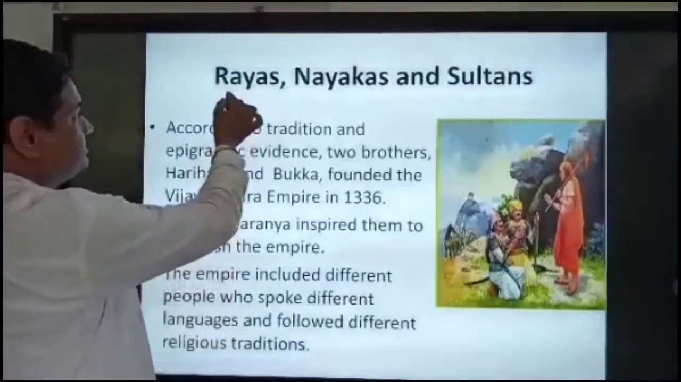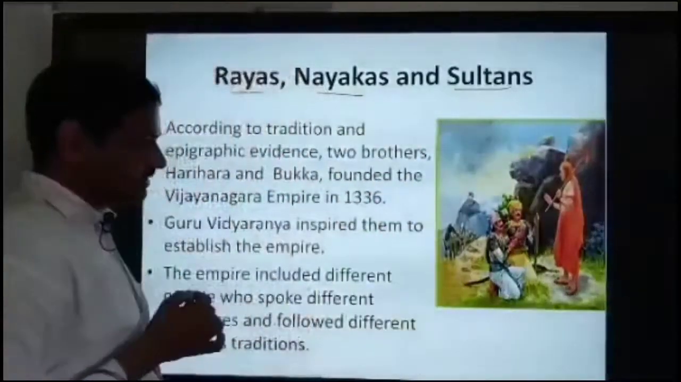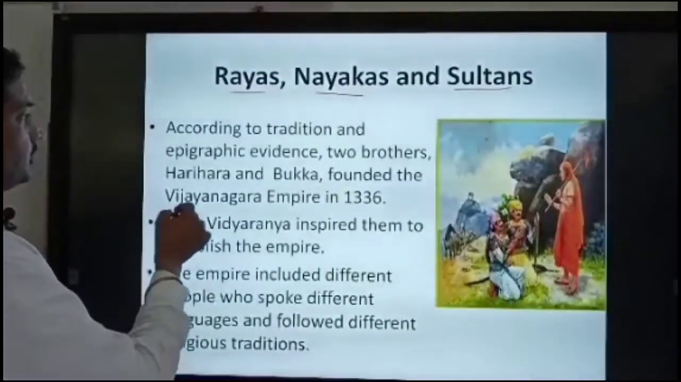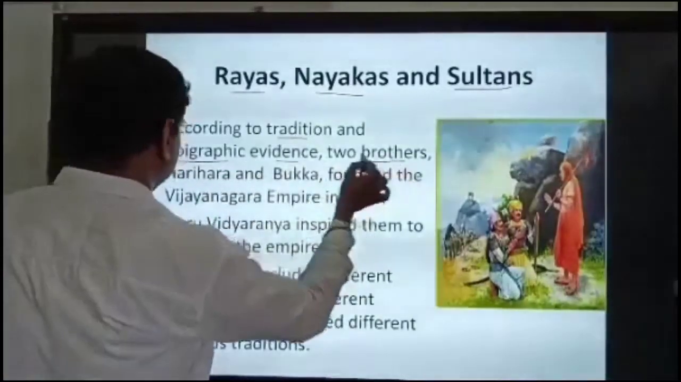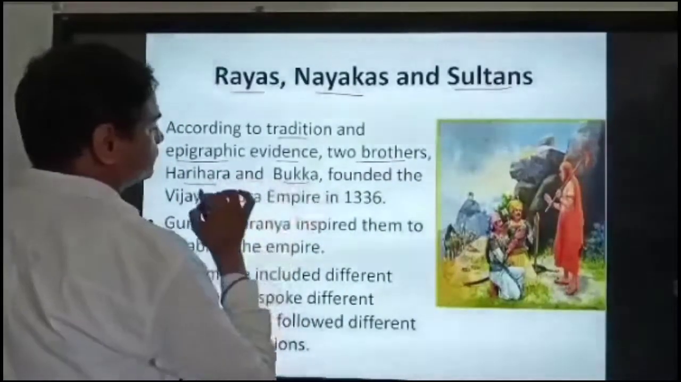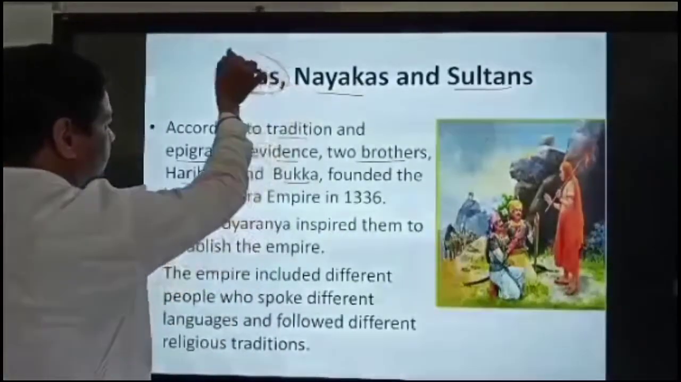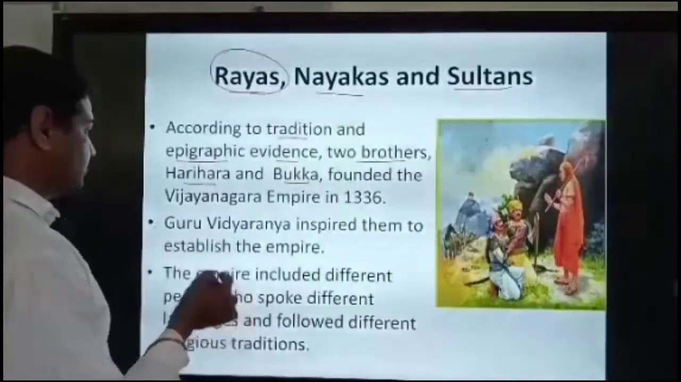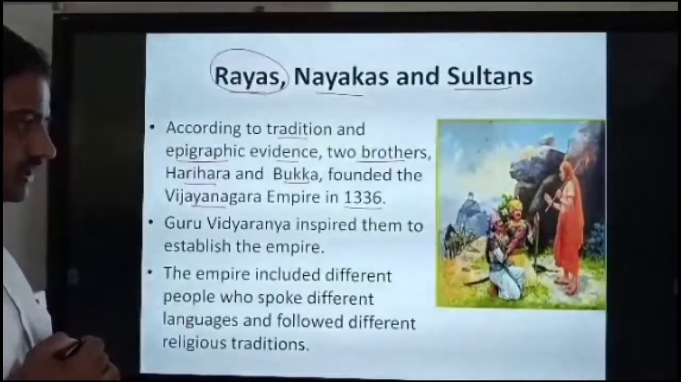Now, Rayas, Naikas and Sultan. These are the terms which we will come across in this chapter. According to the tradition and epigraphic evidence, two brothers, Harihara Rai and Bukka Rai. Raya was the surname of Harihara Rai and Bukka Rai. They founded the kingdom of Vijayanagara in 1336. So these were the two brothers who were